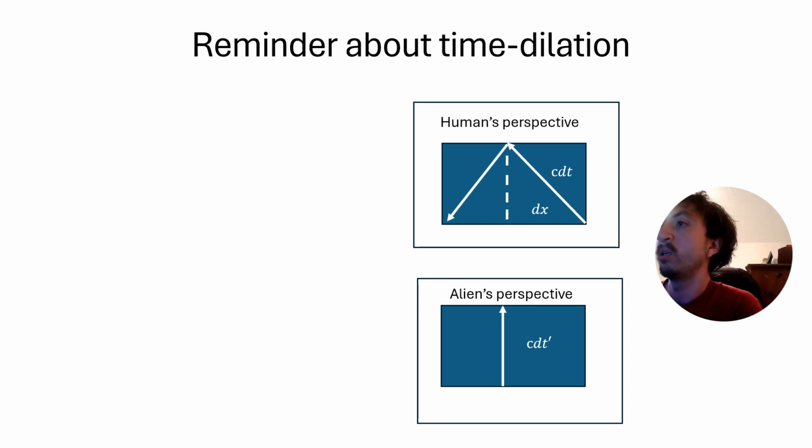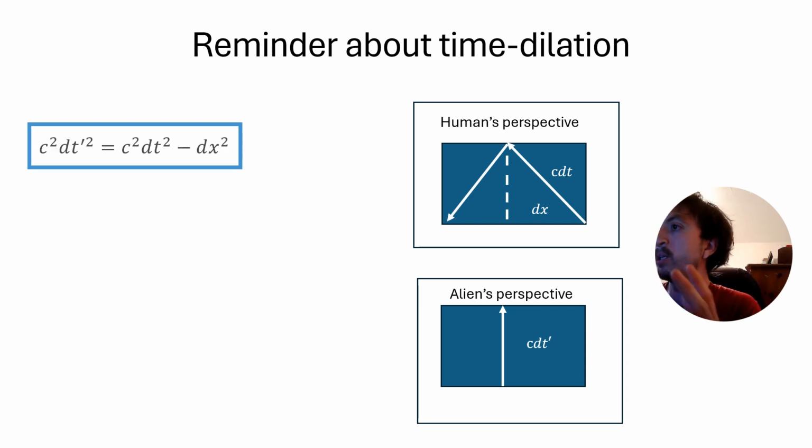Well, because the height of the train is the same for the alien and the human's perspective, we can now just link our horizontal distance dx, our vertical distance c dt prime, and our diagonal distance c dt into lengths of the sides of a right angle triangle. And putting all these sides of the right angle triangle together and rearranging, we end up with this expression. Now, if you're not confident, take a moment to relate all the sides by Pythagoras' theorem and rearrange appropriately. But what this equation ends up saying is